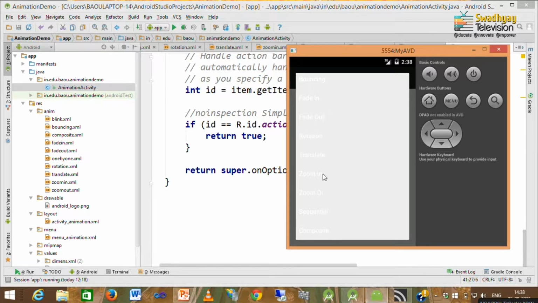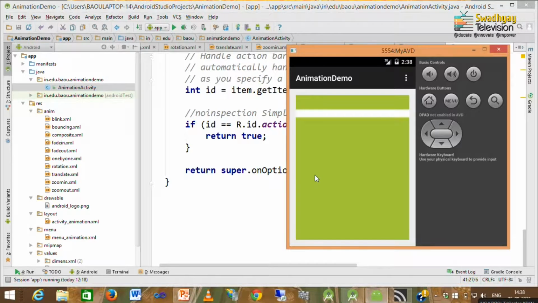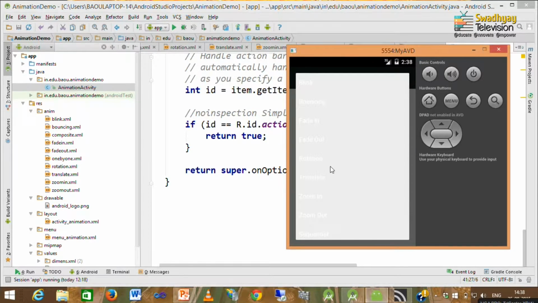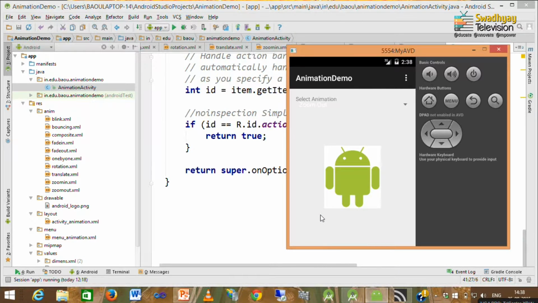Then comes zoom in. Here our object is zoomed from 1 to thrice of its size. In zoom out, we reduced object size to half of its original size. This is called zoom out.